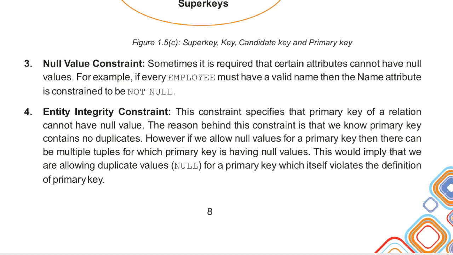It will become duplicate data, but a primary key cannot be duplicate. So at that time the entity integrity constraint works, that the value can't be null in the case of a primary key.